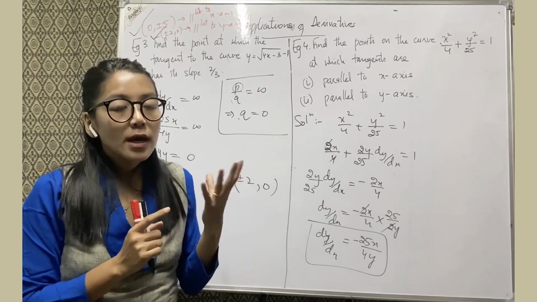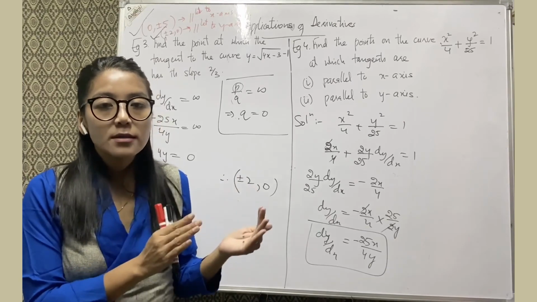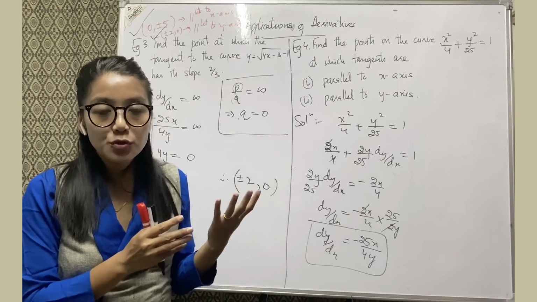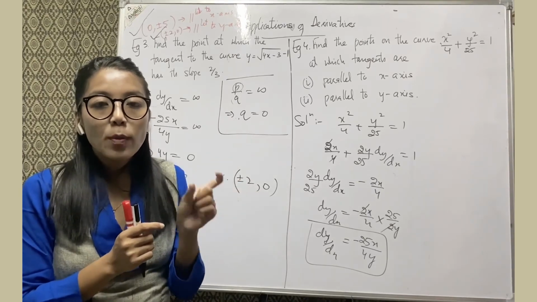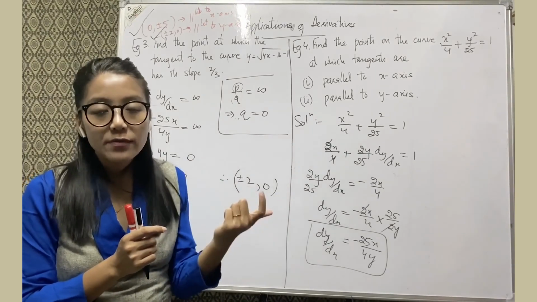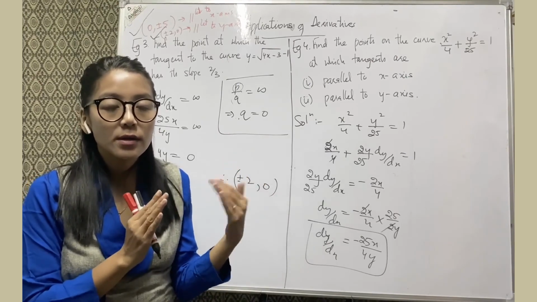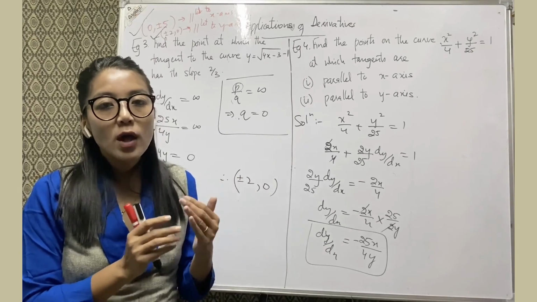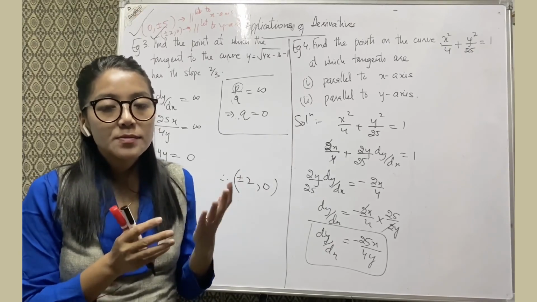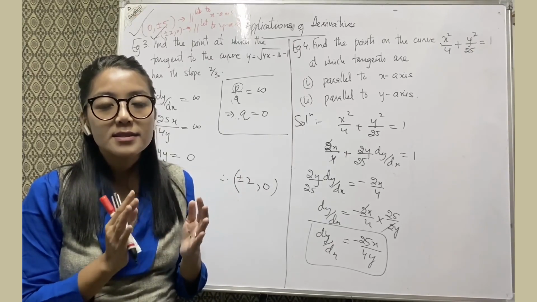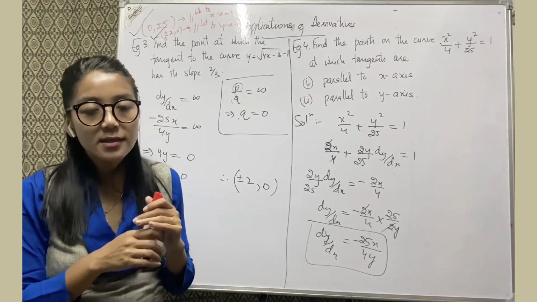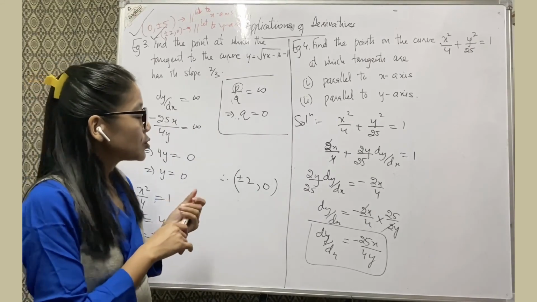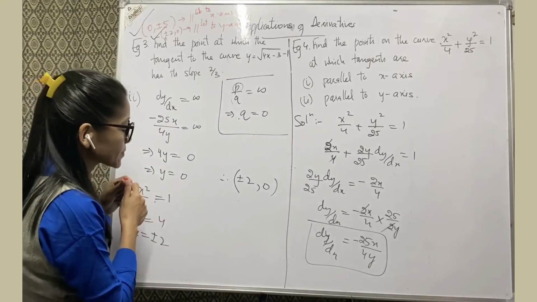Now I told you many times that in this topic the only new thing you had been introduced to is that the slope of the tangent is equal to the derivative. Otherwise all are the same as the concepts which you were using in class 11 in the chapter straight line. Is that clear? Okay, so for this topic today you will do exercise